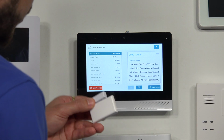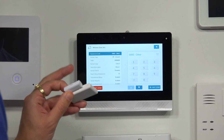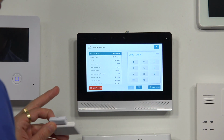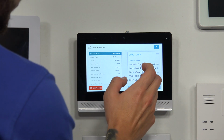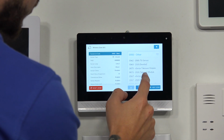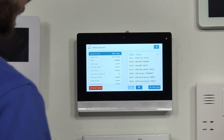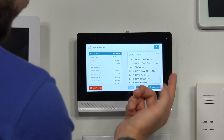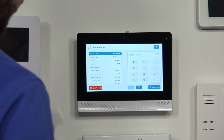Alright, so for this, I'm just going to leave this blank on my end. As this is not an encrypted sensor, I'm just going to leave it as other. Some Honeywell, you'll see here, as I scroll through it, you'll see some normal 2 gig, encrypted 2 gig, and I think at the bottom you'll see HW, which stands for Honeywell. Alright, I'm just going to leave mine set to 00 for now because I actually don't need it for this